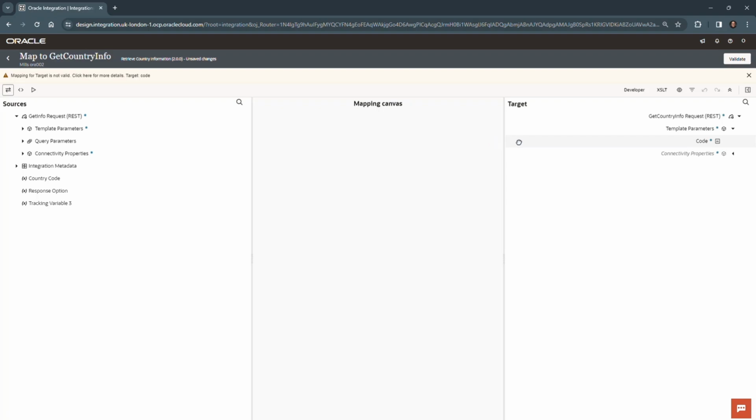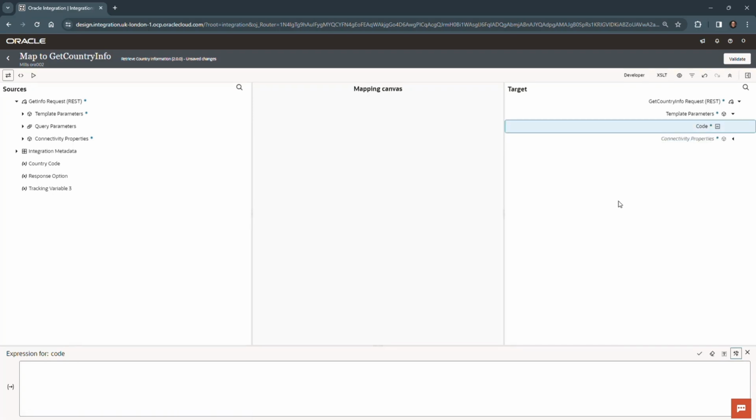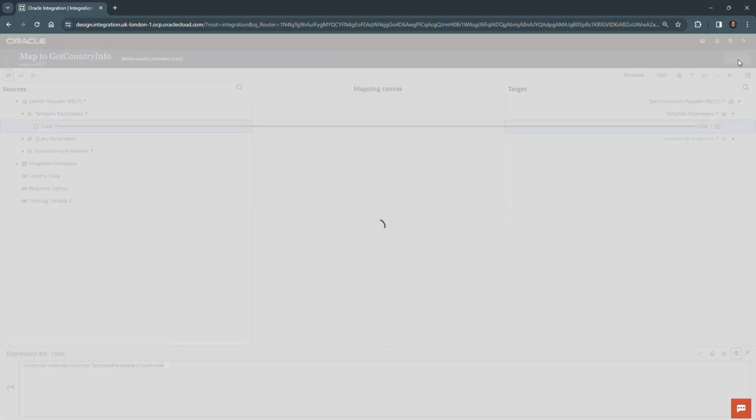When I click on that, it just doesn't know what to think of that because we got rid of the database. So I'm going to right click here, and I'm going to click on Delete Mapping. That opens it up for me to now map the code elsewhere. In our case, we're going to be pulling in from the template parameter the code directly over here, and that confirms it. We click on Validate,